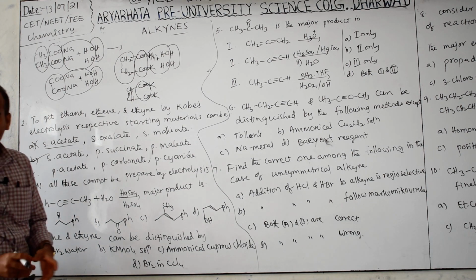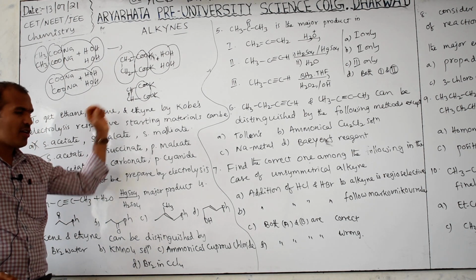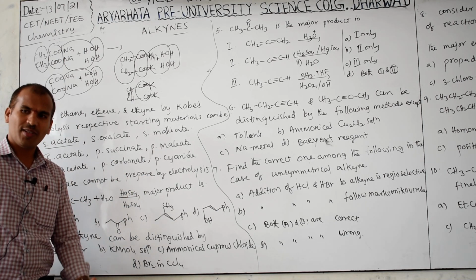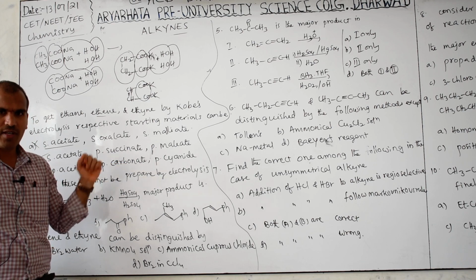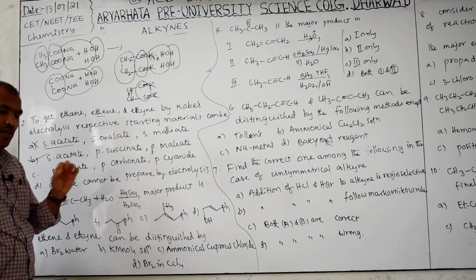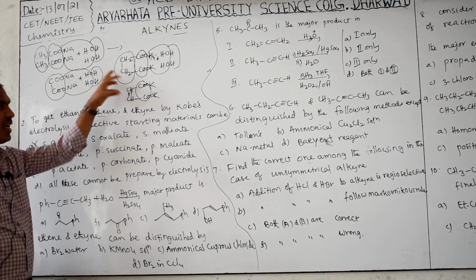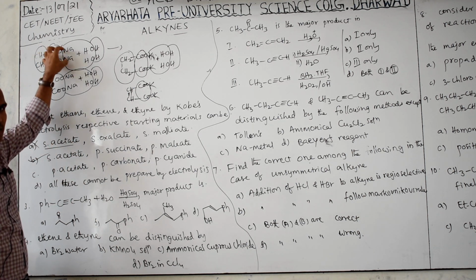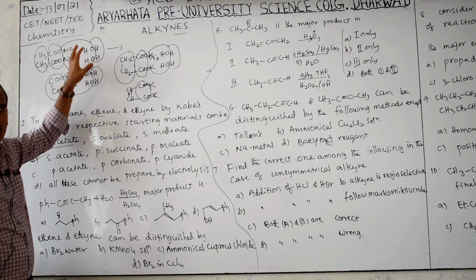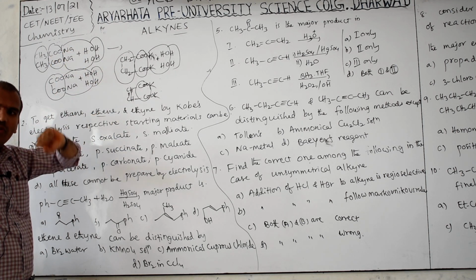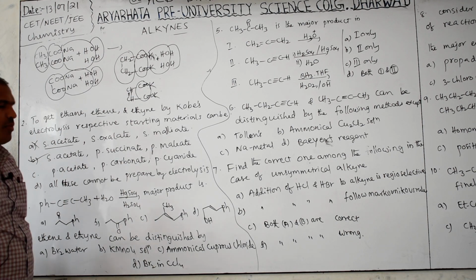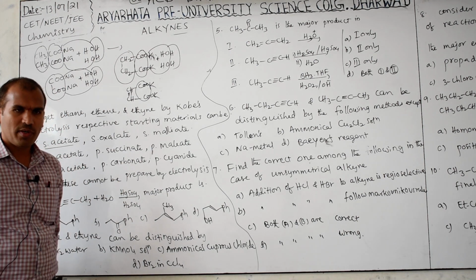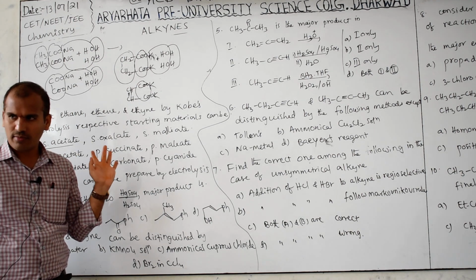But the confusion here is, they did not give formulas. They gave names. Then you should know how to write the structure; only then will you answer. Otherwise this question is difficult. Okay, now you can note down these 3 reactions in your notebook, because only one reaction is given in your textbook, that is alkane preparation. Alkene and alkyne are not given. So one thing you have to keep in mind: alkane, alkene, alkyne, all 3 can be prepared by the Kolbe electrolysis method.